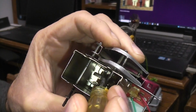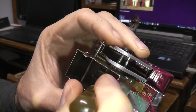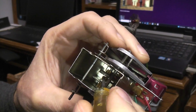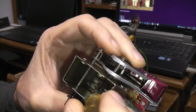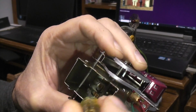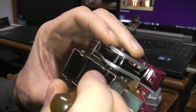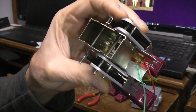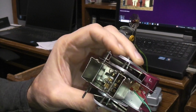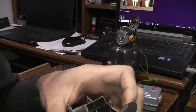The shaft itself has crimps there and there. I guess what I'm trying to say is, you can't move it a whole lot. Even if you did move the shaft, that crimp is stopping this flat gear from moving further away from rubbing on the pinion gear on the motor. So it was just a little bit too tight. It was just a little bit off on the design. If they'd put in an extra 0.5 millimeter...